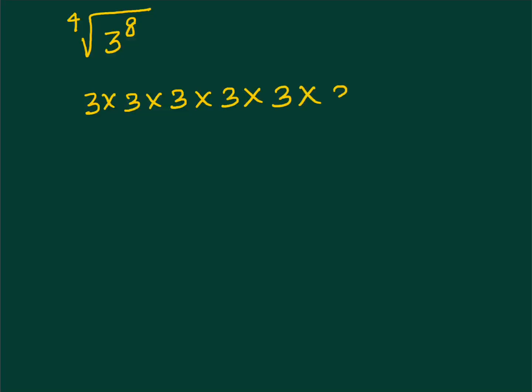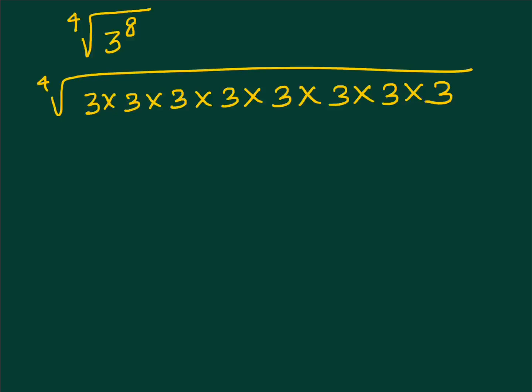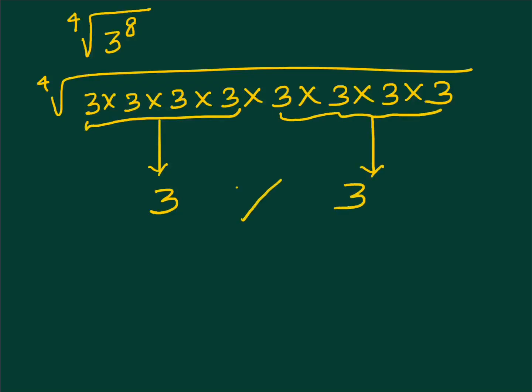Let's suppose I am giving you 3 to the power 8 and I am asking you to find out the fourth root. So fourth root means 2, 3, 4, 5, 6, 7 and 8. Fourth root. So that means we will now make sets of 4. So we have this as one set and gives us a 3, and we have this as another set and gives us another 3. Multiply the two of them and you get 9. Easy peasy lemon squeezies, right?